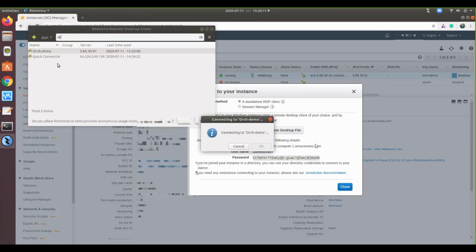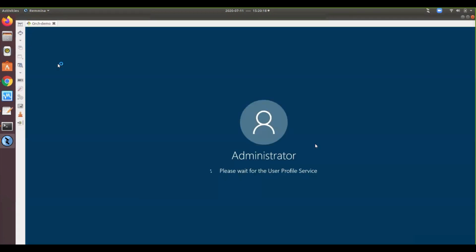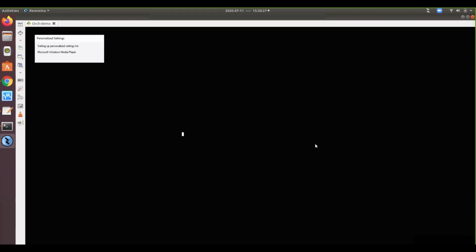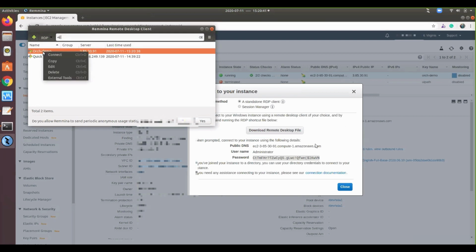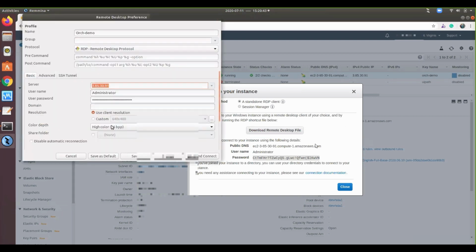So if everything works in the right manner, then you should be able to log into your machine. Here we can see that we will be scrolling the desktop side by side and up and down. So in order to get rid of this scrolling, we need to just change the resolution.